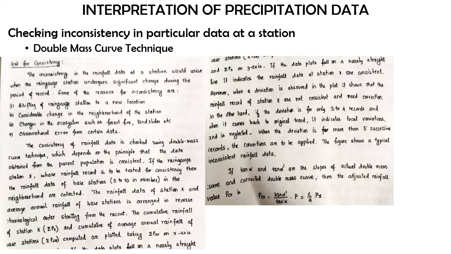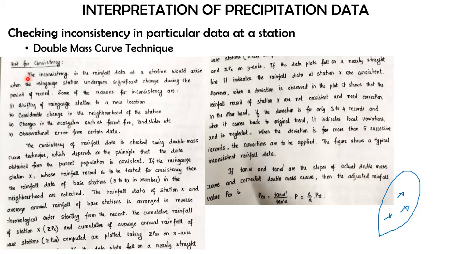Imagine again this is your catchment area and you have, let us say, 3 rain gauge stations. Continuously you are getting the value from all these 3 rain gauge stations, so there is no issue with that. But you want to check, for example, this middle one, with what accuracy this rain gauge station is giving you the collected rainfall data. That needs to be explained here. So for that we need to go ahead with checking the inconsistency for a particular station.